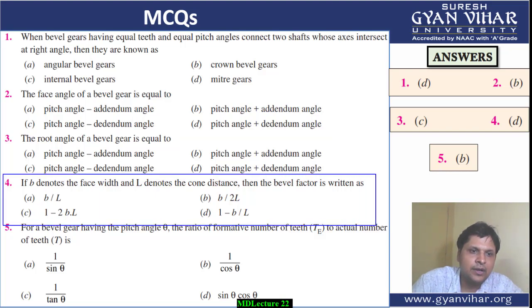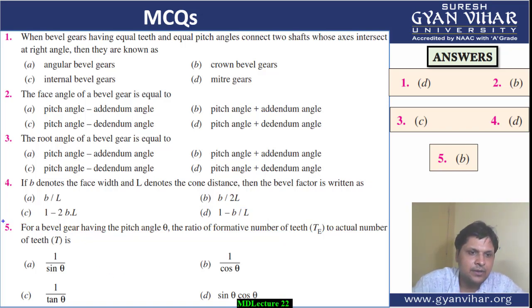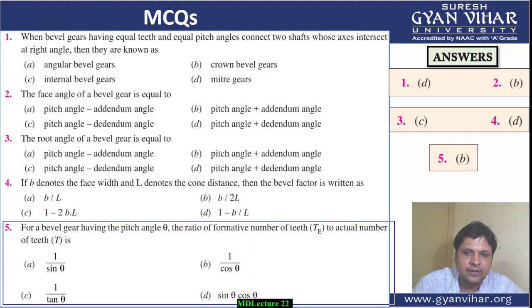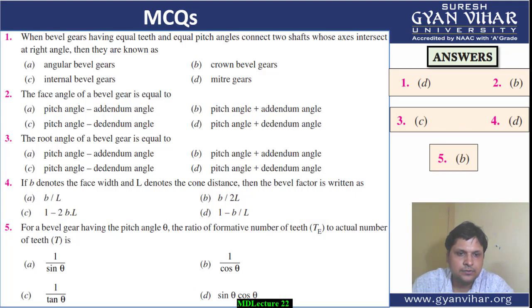MCQ number 4: if b denotes the face width and L denotes the cone distance, then the bevel factor is indicated by? We all know if face width and cone distance are given, then we can calculate it as 1 minus b by L. Alright, then MCQ number 5: for a bevel gear having pitch angle theta, the ratio of equivalent number of teeth to actual number of teeth is equal to, we have directly calculated this, it is equal to 1 upon cos theta. Moving further,